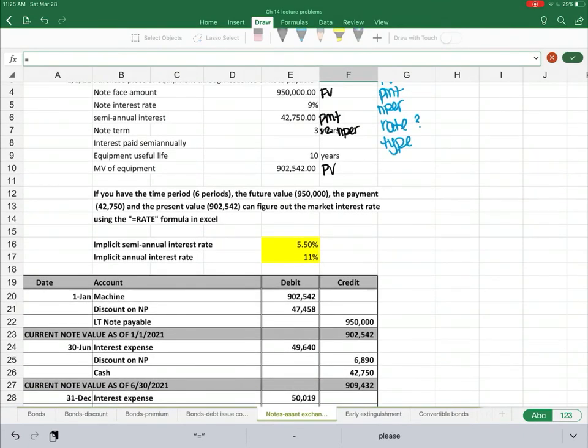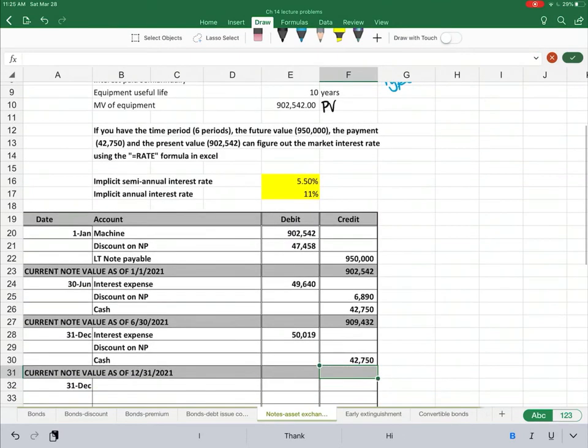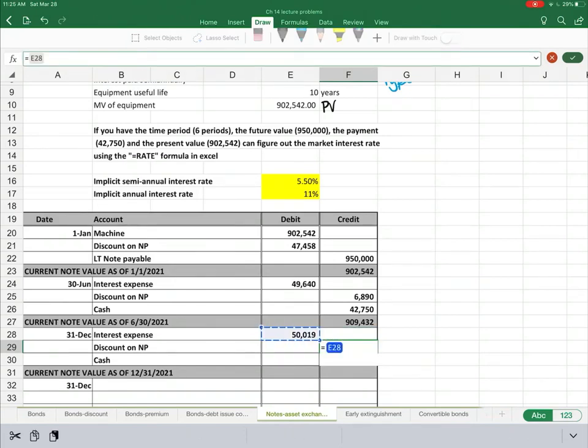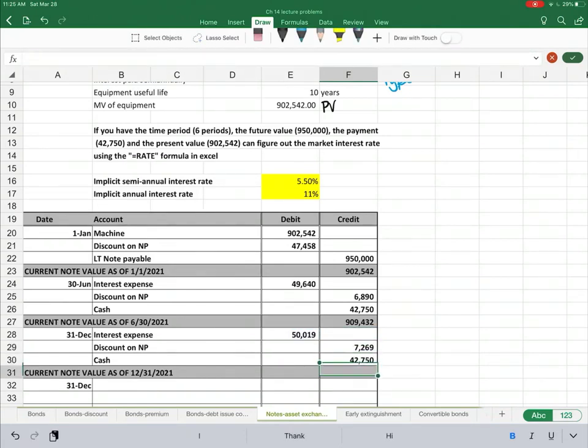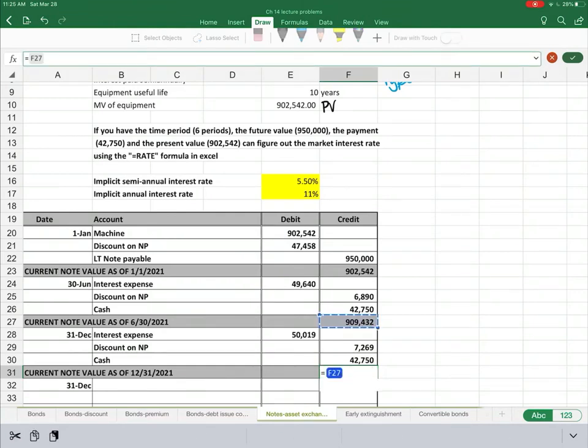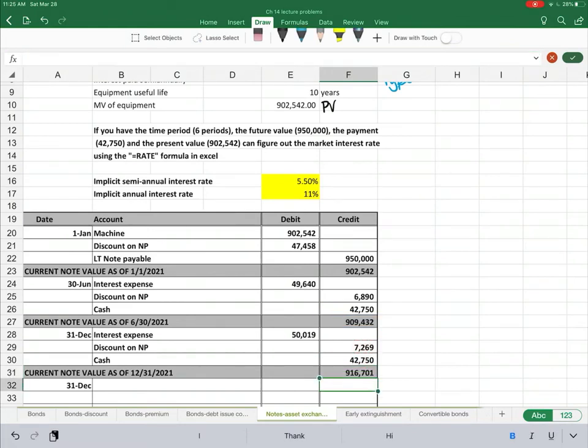Interest expense, as always, is going to be the current value of our liability times the semi-annual market rate of interest. Our interest payment is going to be the $42,750 every 6 months. That's the same payment. And then our amortization of discount, the amount of discount adjustment that we make, is just the difference between the interest expense and the cash paid. Our new note value is going to be the $909,432 that it was on June 30th, plus this credit adjustment that we just made to our discount on note payable of